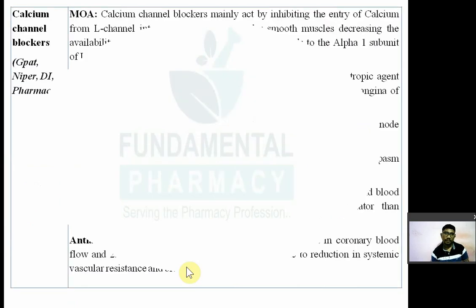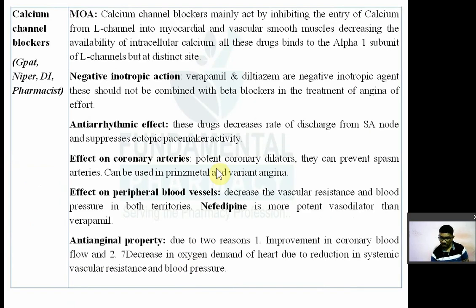and it is contraindicated in variant angina. Now calcium channel blockers are used as an anti-anginal drug. So mechanism of action क्या है? They will block the calcium ion channel and will prevent the calcium entry into myocardial cell by inhibiting the L type of calcium channel. So they will prevent the depolarization and they will decrease the heart rate, force of contraction, and also relax the smooth muscles of blood vessel.